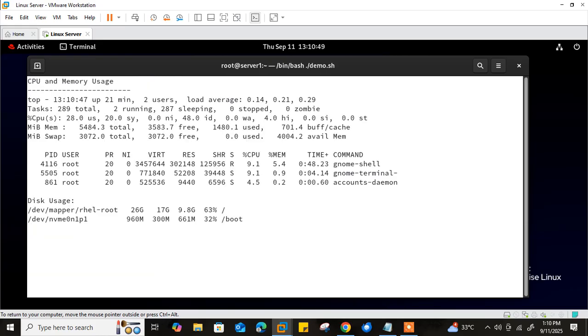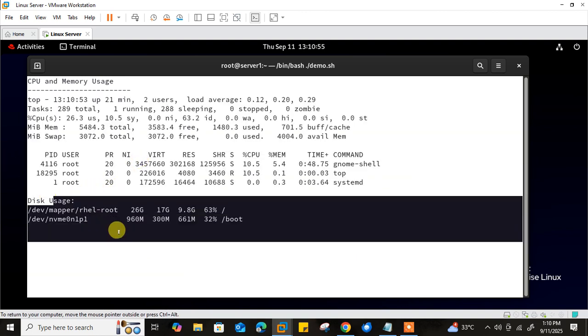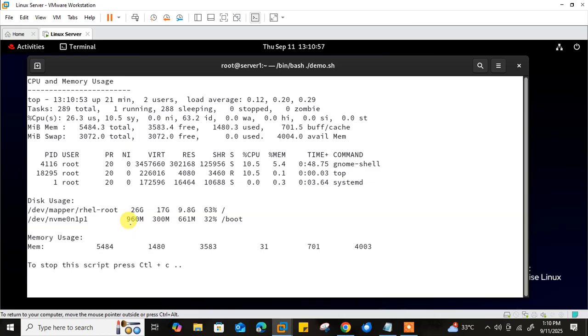./demo.sh. Now you can see it's there. You will notice I got the top command output, right? Then I got the disk usage and just wait for 3 seconds. After that I got the memory area, 3 seconds, and if you want to stop it, use Control C. This is how it keeps going on. I hope you understand the concept, right? Let's take another